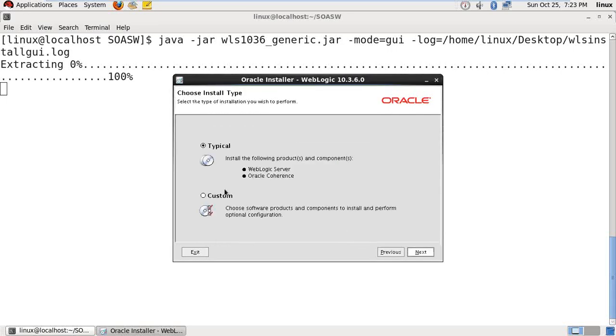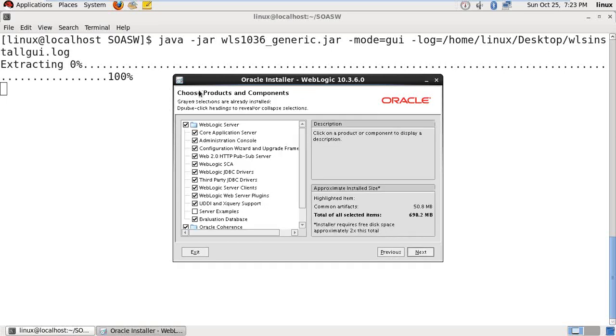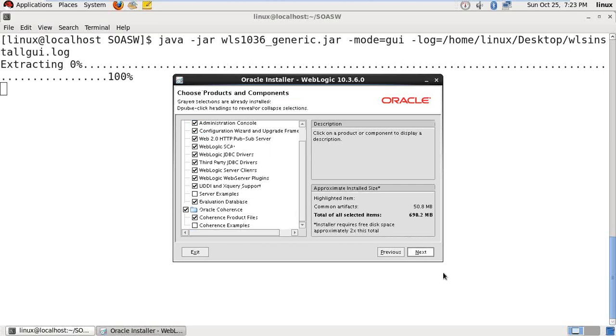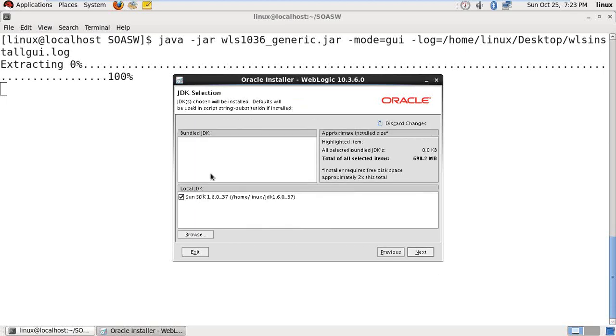So click on continue. So you'll get the choose the installation type like this, typical and custom, and click on next. You can choose the products and components. Click on next. See, this time you do not have any bundled JDK. Just choose your default, your local JDK. Okay. Yeah. So click on next,